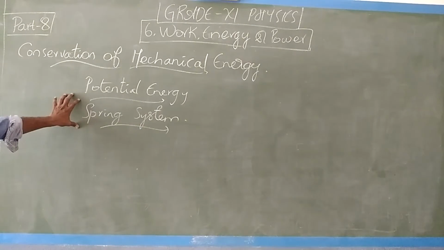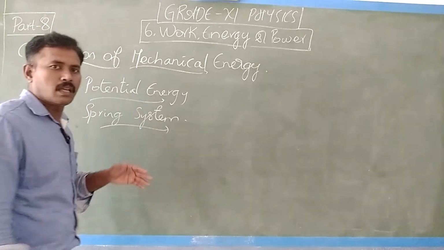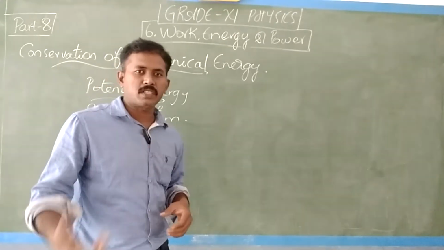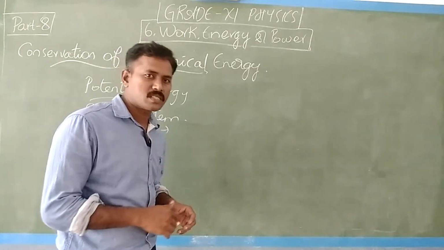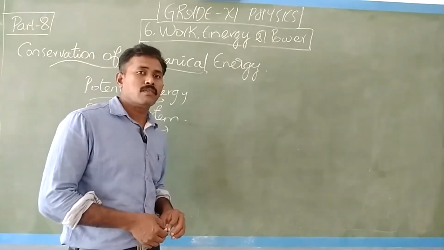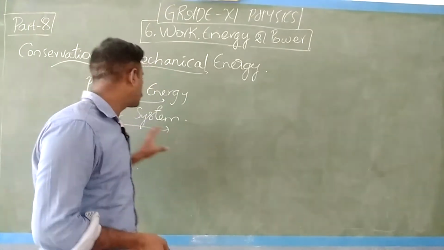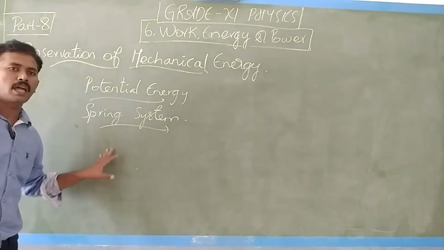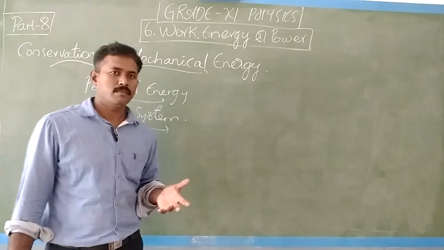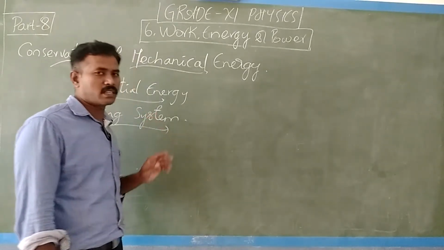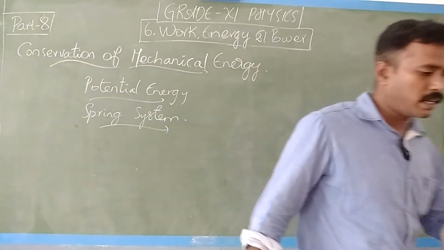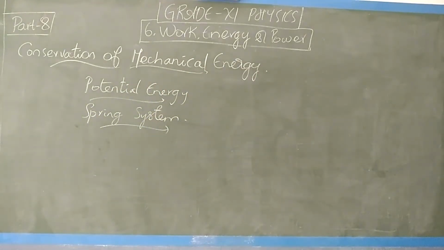So with this spring system kept stable, I moved it, expanded it and then compressed it. Finally, I derived the work done for the spring system. What is the work done, and how is the work done related to the potential energy? The expression for the work done for this system is given by